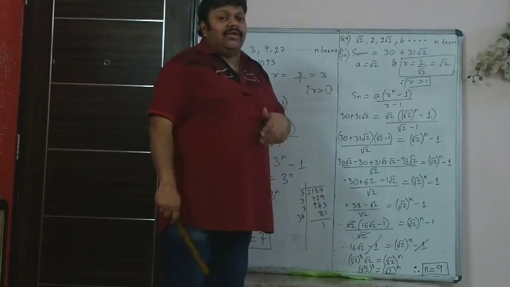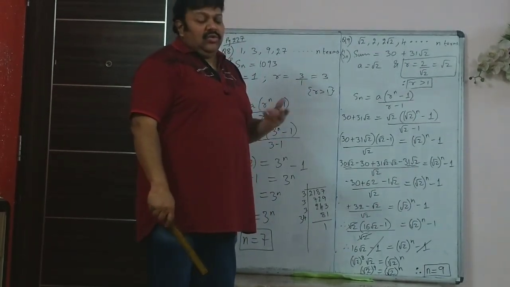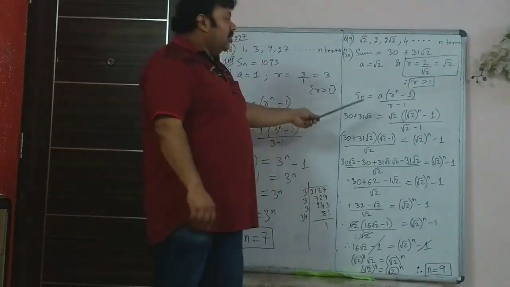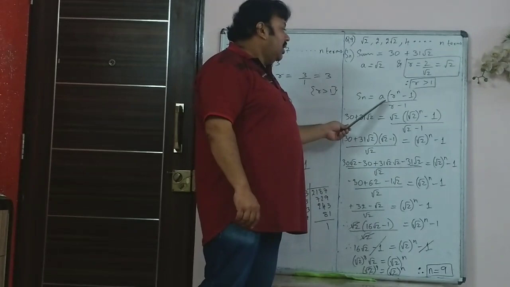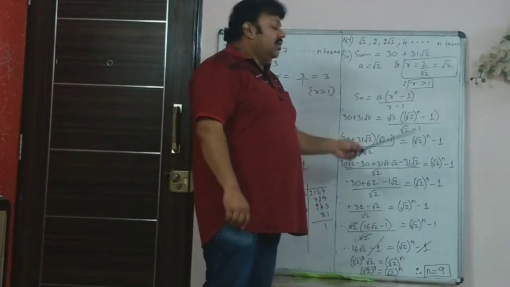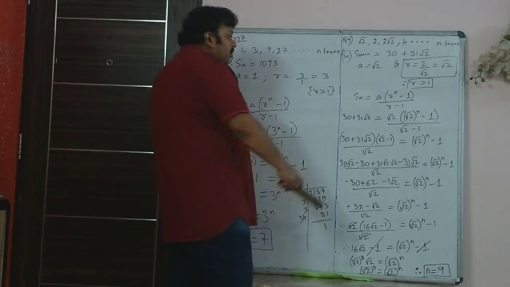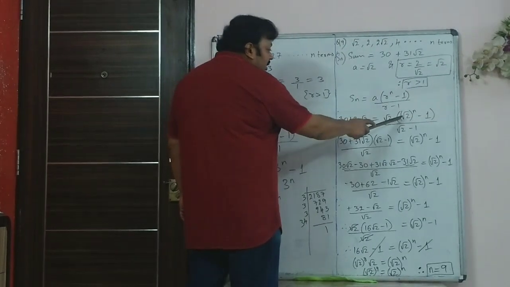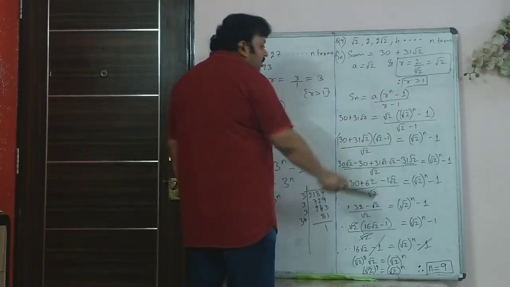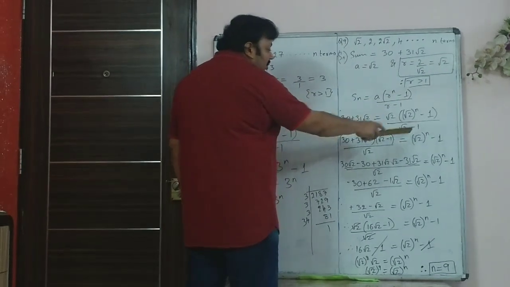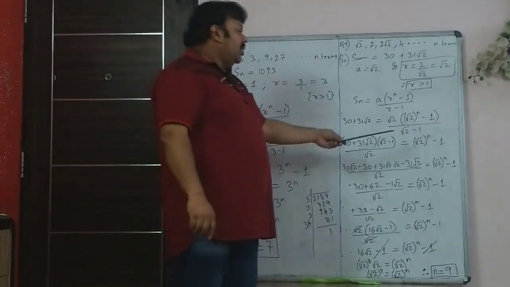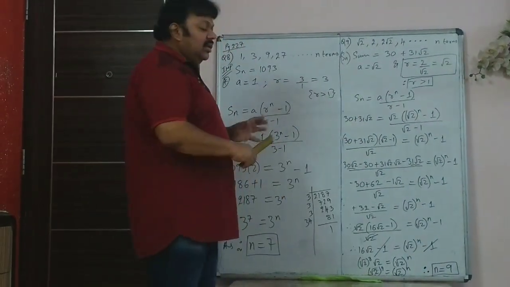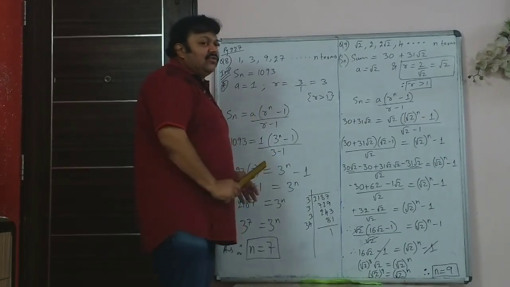Now root 2's value is 1.414. You know that and you should be aware of that. So this root 2 is greater than 1, so we are using the r greater than 1 formula, a times r raised to n minus 1 upon r minus 1. So for your sum of n terms, you write root 2 is a, root 2 raised to n minus 1, and in the denominator r is root 2 minus 1. So now you are cross multiplying and you bring this to the denominator. Now here you have some amount of simplification to do.